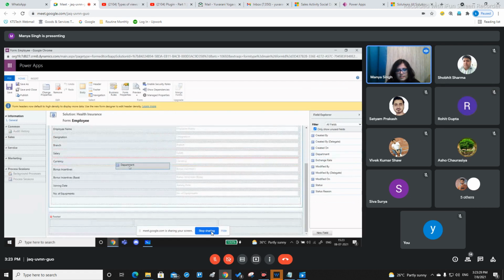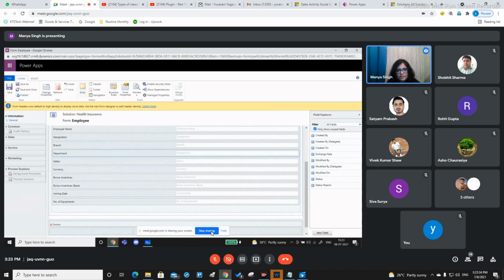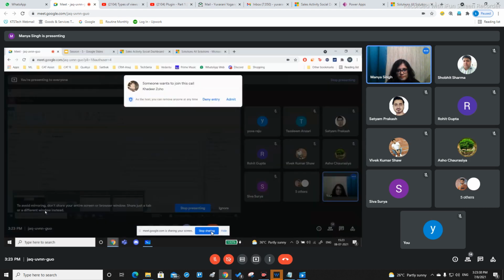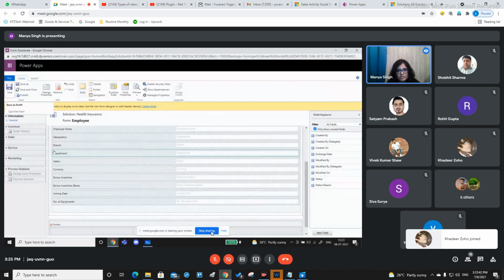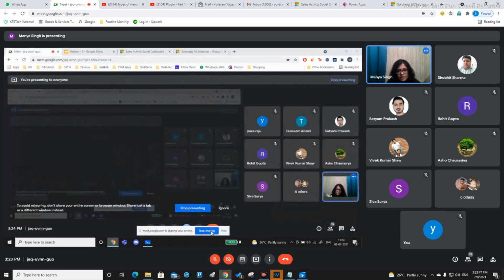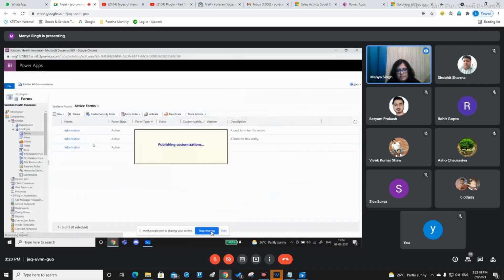I'll be adding this field to our form below branch. After branch, we have to choose the department. So once we have chosen the branch, we'll get a chance to choose a department as well. Let me save and close, and let me publish all my customizations so I can actually work on this form on our front end.